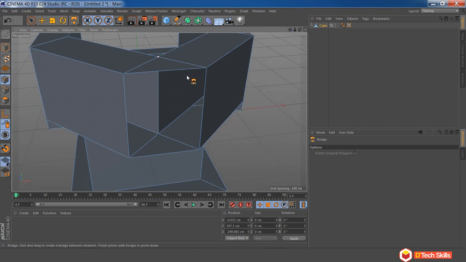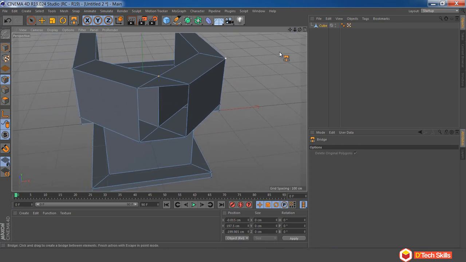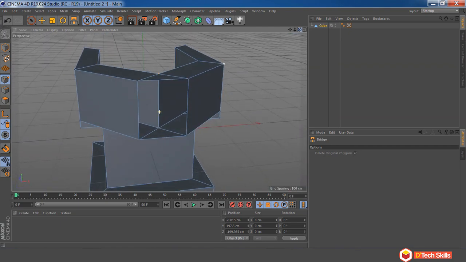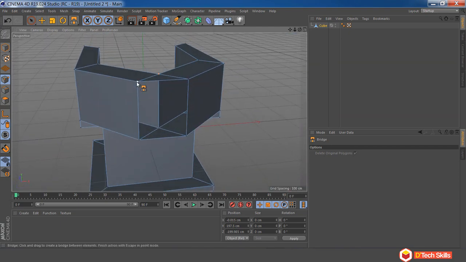Then to close this other open polygon, let me rotate a little bit. As you can see, it's open. I will select this point, then click and drag and select this other one, then select this other one, then click and drag again to select that other one. Okay, now we have closed our polygon,